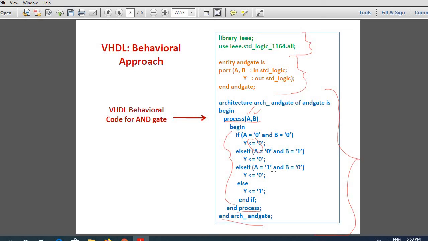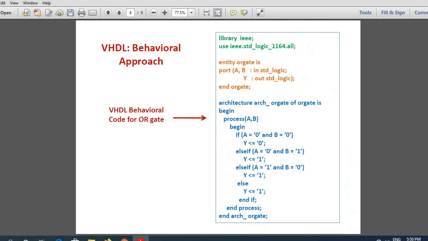Else if A is equal to 1 and B is equal to 0, Y is equal to 0. Else, if none of these hold, which means A is equal to 1 and B is equal to 1, in that case Y is equal to 1. This is just the implementation of your truth table. Now you have to end your if statement also. This is the way you write the behavioral model for an AND gate.